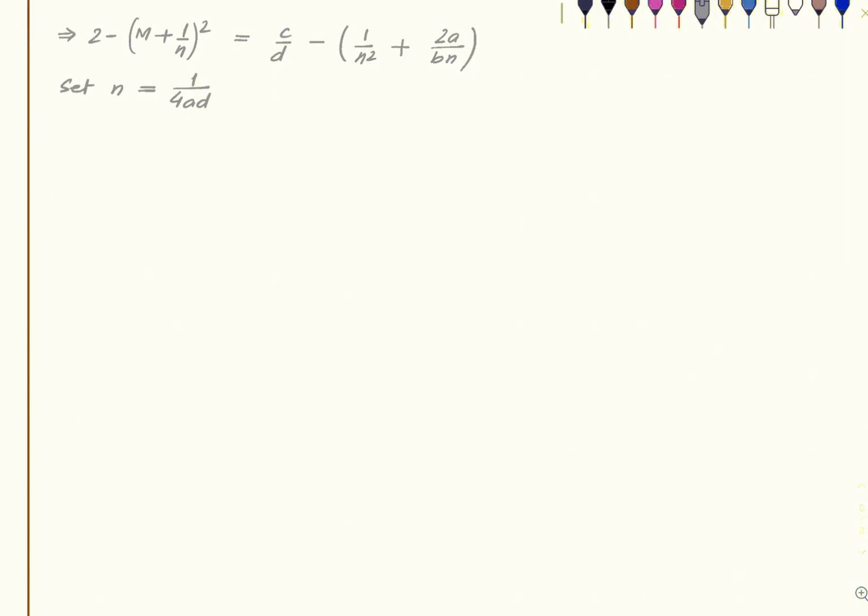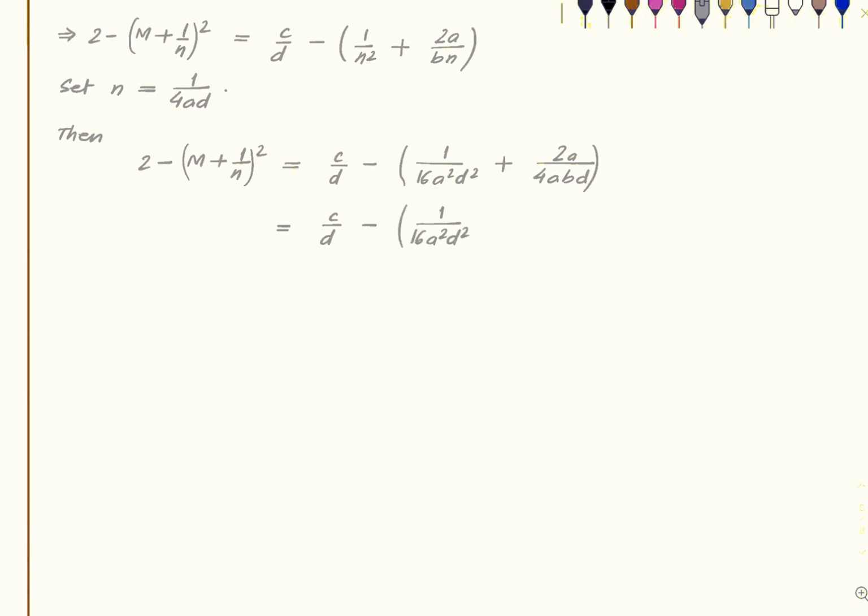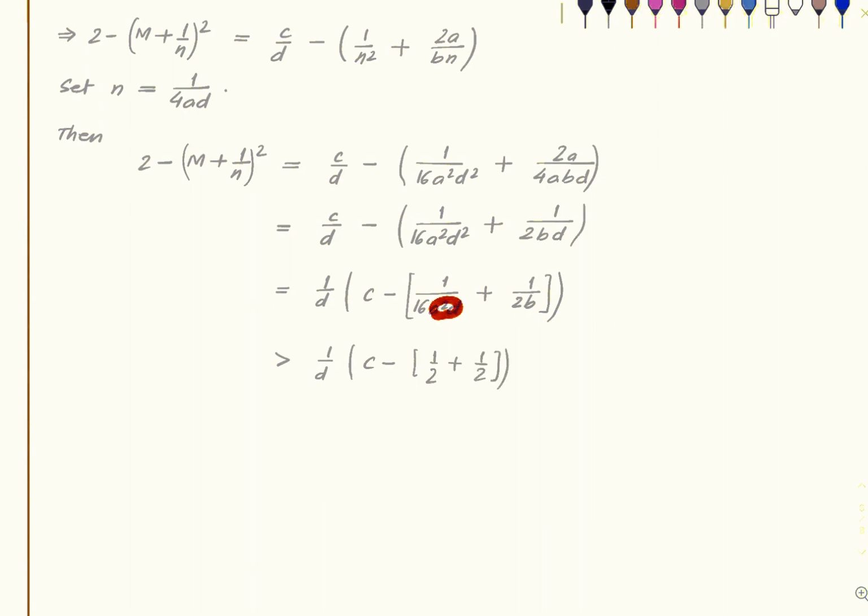Okay. So then, this is equal to, right? Which is equal to C by D minus, okay, I've done just some basic algebra. This is strictly greater than. Why is that? Because A and D are positive integers, so this thing is strictly less than that. And hence, since there's a minus sign here, we get a strictly greater inequality. But what this is equal to, that thing, and therefore,